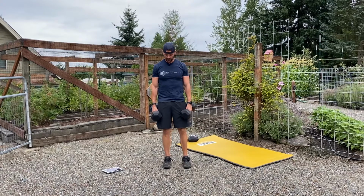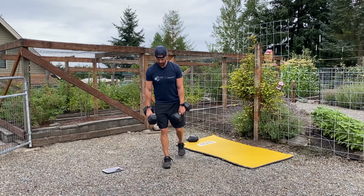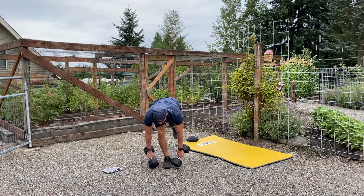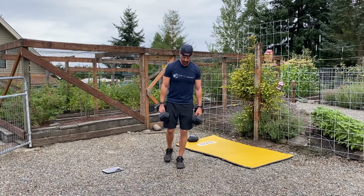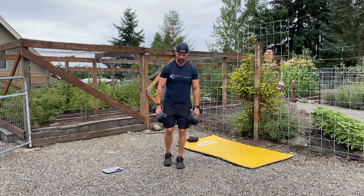Then what you're gonna do is find a balance point on your one leg, push the hips back, keeping the weight on the heel, but still pushing the toes down into the ground, lowering the weight until you can either touch the ground or have your back start to round, and then come back up. Then you would switch if you're gonna be alternating, and the same thing on the other side,